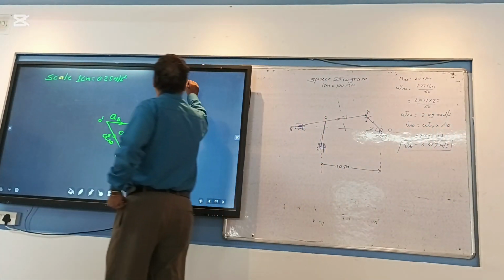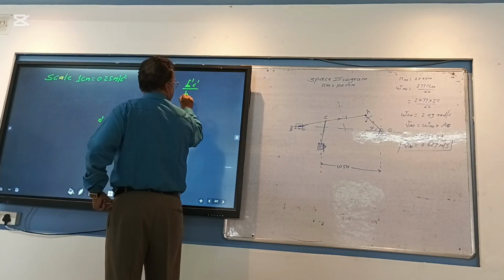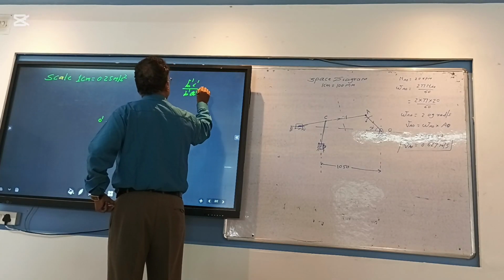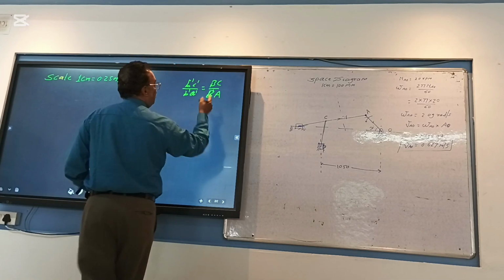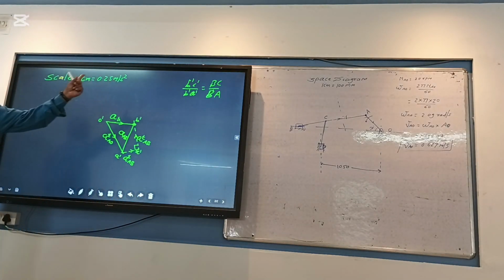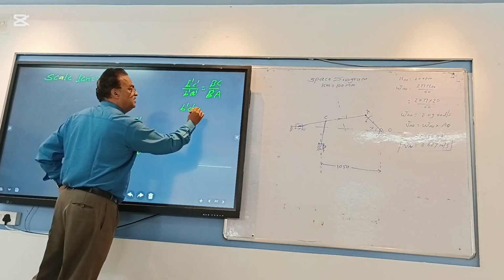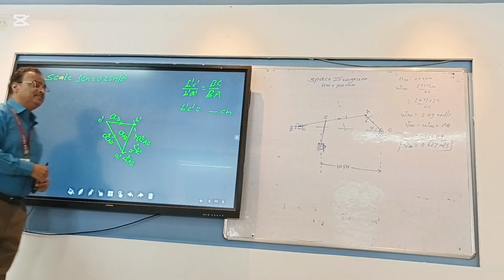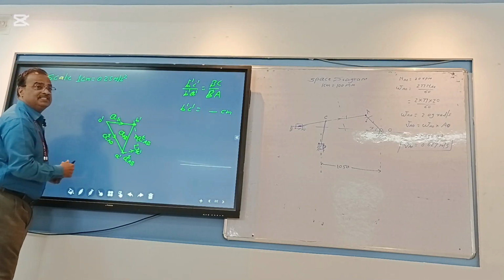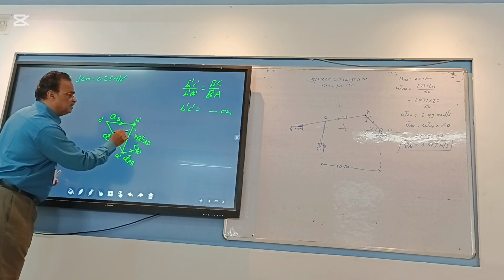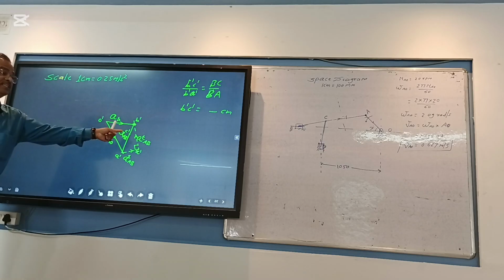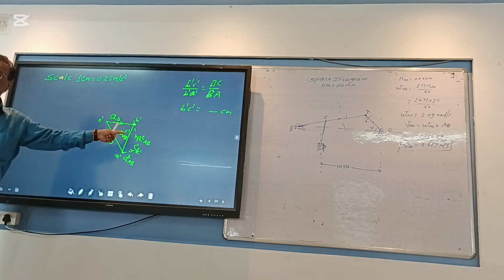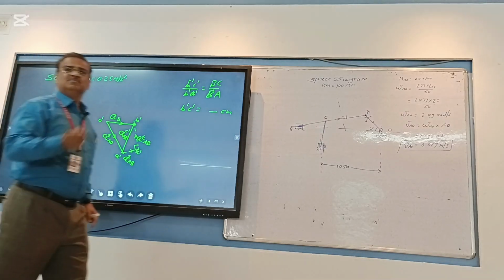B dash C dash divided by B dash A dash equals BC divided by BA. वेलोसिटी में जो फॉलो किया हमने, यहाँ पे सिर्फ डैश में आएगा, B डैश C डैश डिस्टेंस मिलेगा सेंटीमीटर में, B डैश C डैश मीन्स बी से सी का डिस्टेंस. ये मार्क किया मैंने, अभी कैलकुलेशन नहीं बता रहा आपको. सुन रहे क्या नहीं।